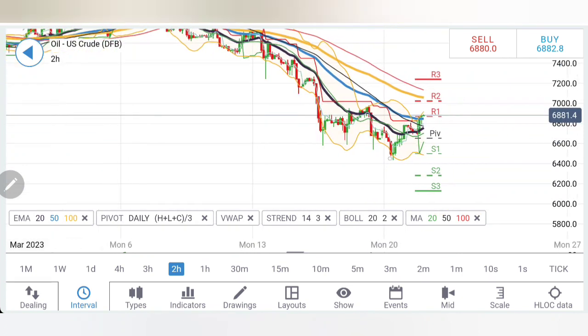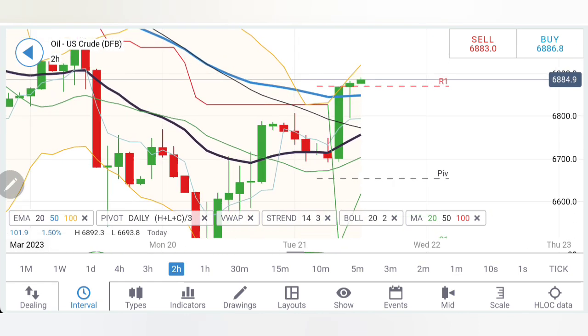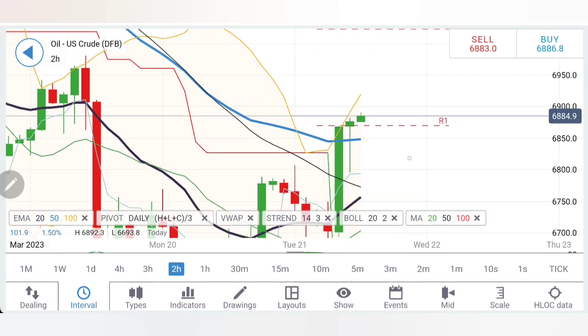And if you look at the 2-hour charts, the reversal indication was this. Since then it is a symmetry. Symmetry means it can complete the journey till here, that is 69.8, 70. So yes, if it stays above 60, I think this is a good entry for you to take a long